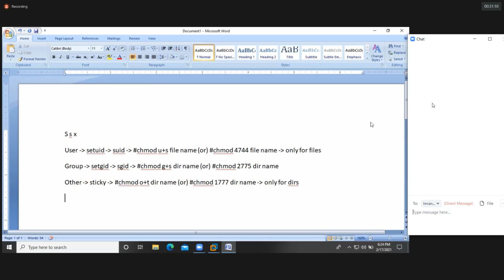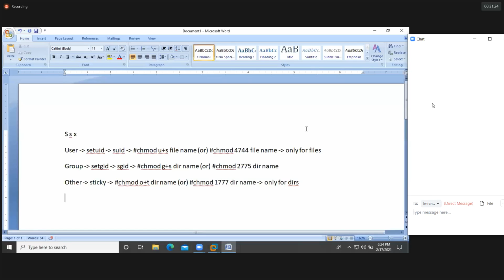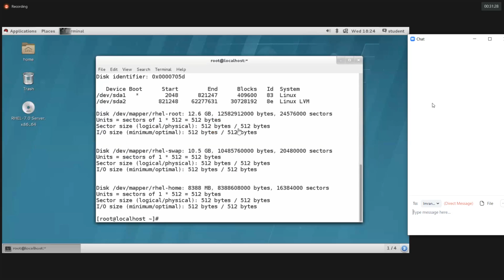For doing the practical session, I'm taking one command and assigning the special permission for that particular command. So can we execute this command with the help of root user? Yes, we can. Can we execute the same command with the help of a normal user without sudo permission?